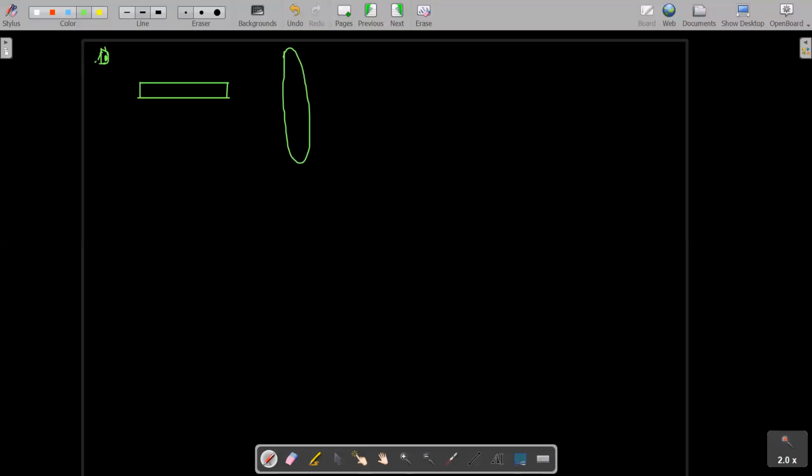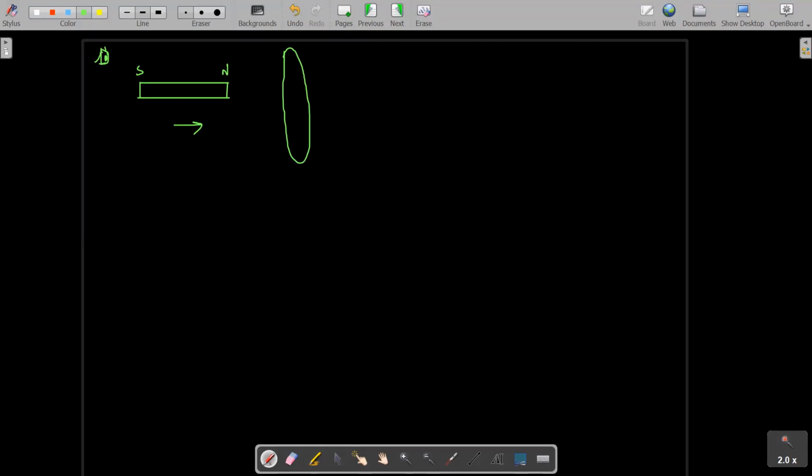Okay, so for us, if this is the North Pole and this is the South Pole, and I am moving the magnet in this direction, we will say that the flux is increasing through this. So it will induce current in such a direction that it will try to oppose the change. This loop will try to oppose the change in flux. So this loop will induce a current in which direction? Clockwise or anti-clockwise? In which direction, students?